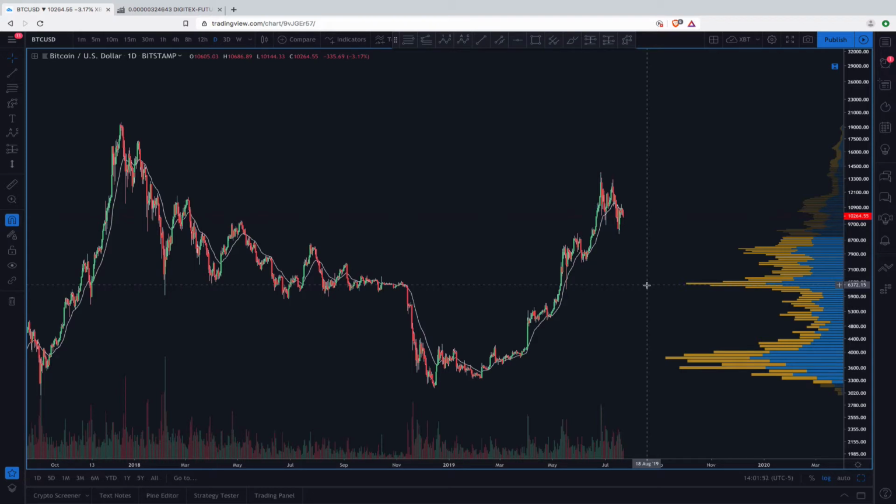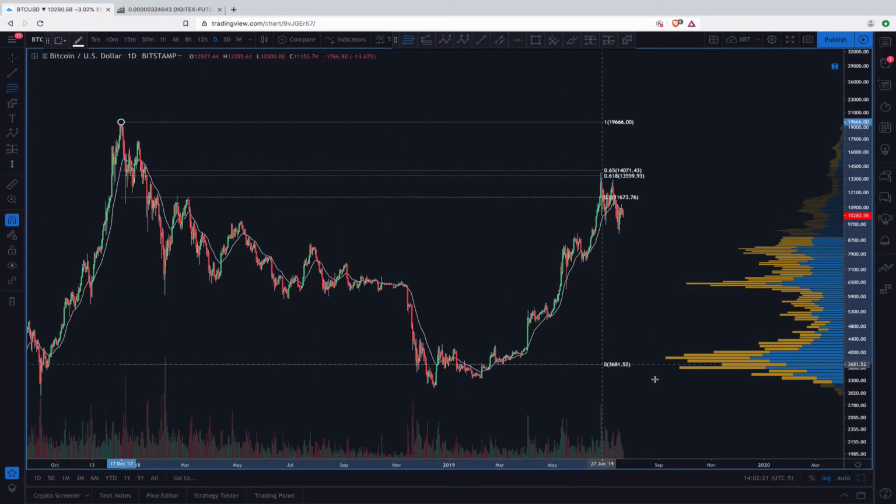The first thing that I want to look at is, I'm big about fib levels, and there's usually no coincidence around where there is a pivot. So what we need to do is try to understand what the market makers are obeying when it comes to fib levels. The first thing that I want to look at is coming from the all-time high down to the all-time low